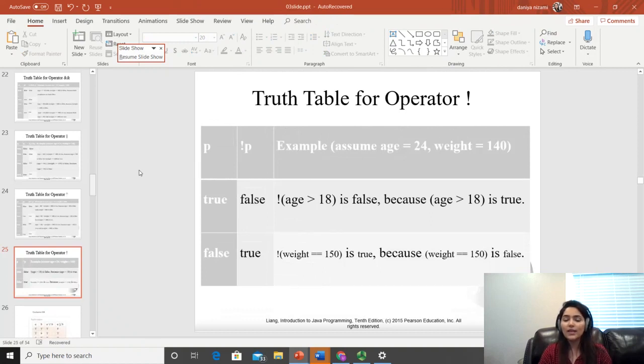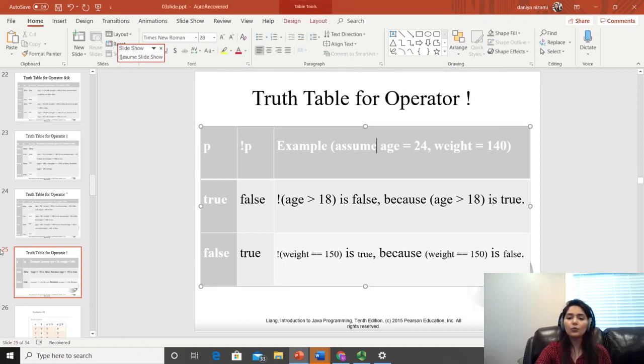And the last but not the least, we have the NOT operator, which you represent as NOT, just like in English, and it is represented with an exclamation mark at the top, which you can see over here. What it does is, for the NOT operator you don't need two expressions. The NOT operator is applied on one expression. If the expression is giving you the answer true and you have applied the NOT operator, it will just do the opposite. If the answer is true, it will make it false. If the answer is false, it will make it true.